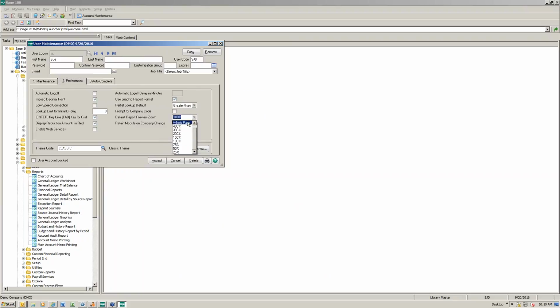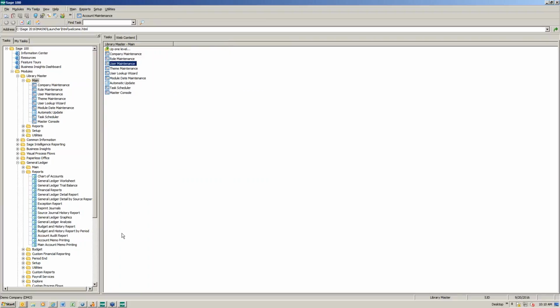Look at that. So we have a lot of things that we can change it to here. We can make it bigger or smaller, or I can even type in the percentage that I want, which is what I'm going to do. So let's go ahead and accept that. And I'm going to go out of here,